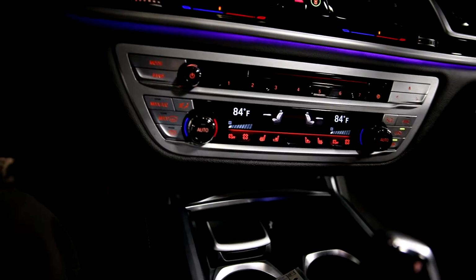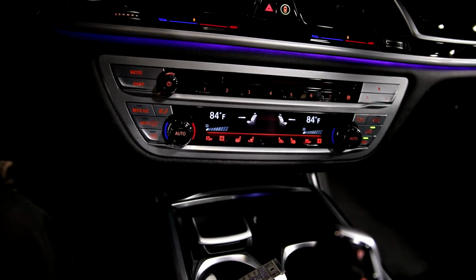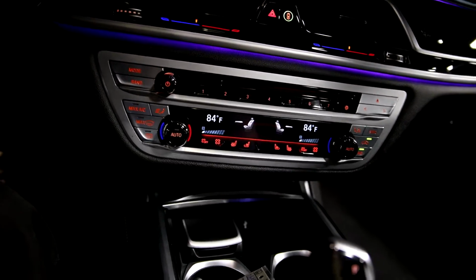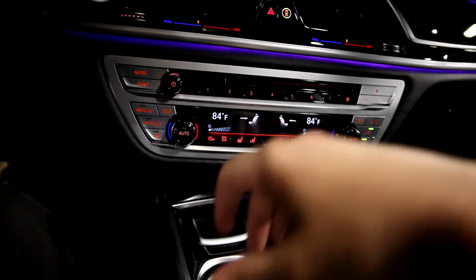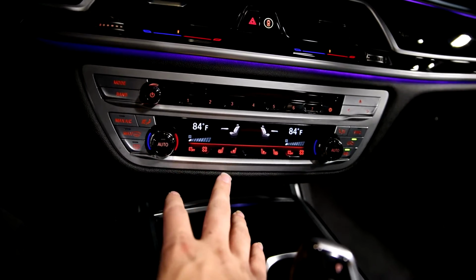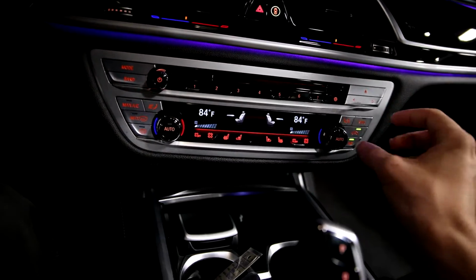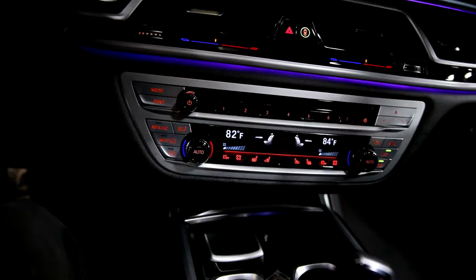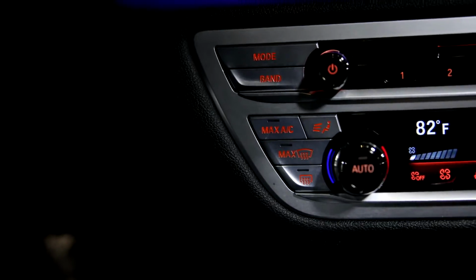Climate deck. You have a partial touchscreen and partial hard buttons, which I think is the best way to go about it. It gives it a modern touch, but it's not just all a huge giant screen like the newer cars are. So everything that's controlled on the digital screen is your fan speed, your heated and ventilated seats for both passenger and driver, and then your temperature is adjusted as well through that. All your hard buttons are your AC control buttons there,